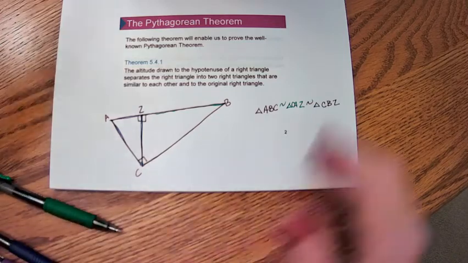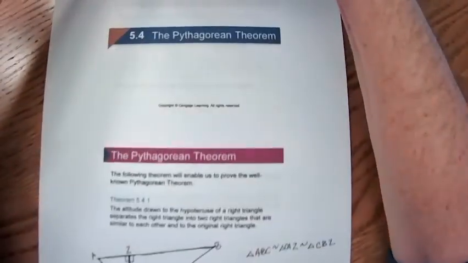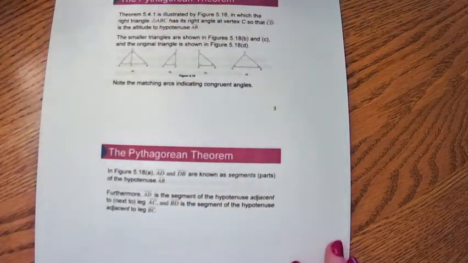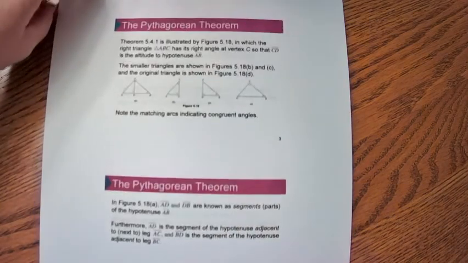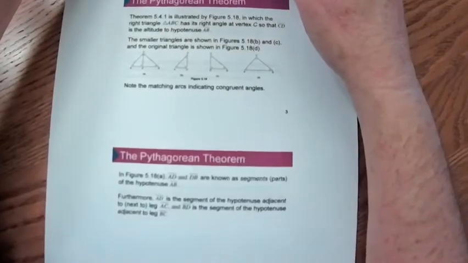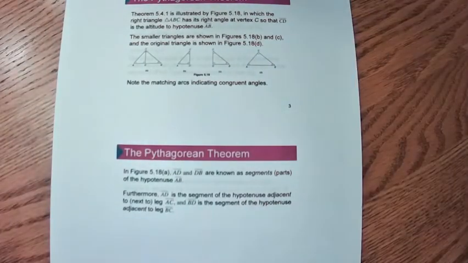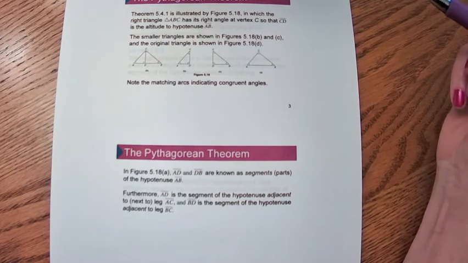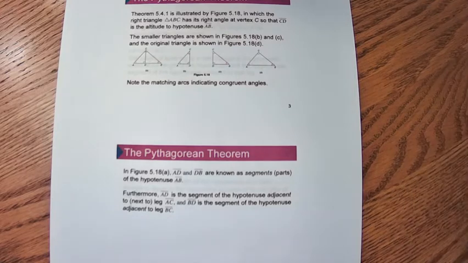So there's actually a picture on the next page. A triangle with an altitude to the hypotenuse will create two other triangles that are similar to the original triangle. All right, and then